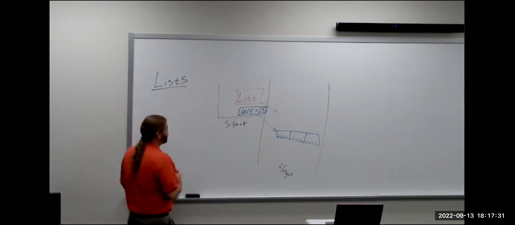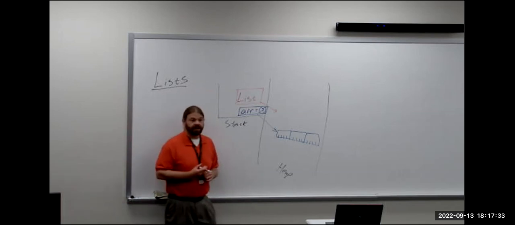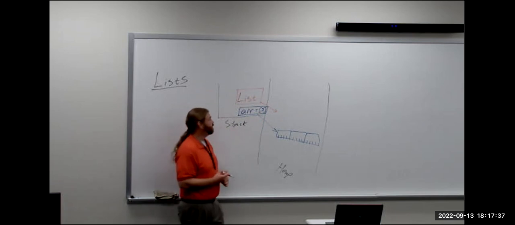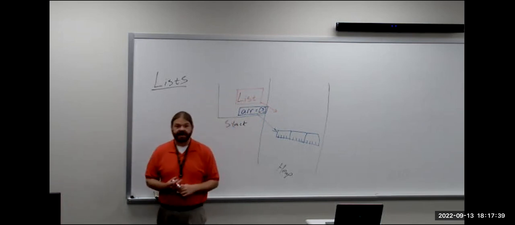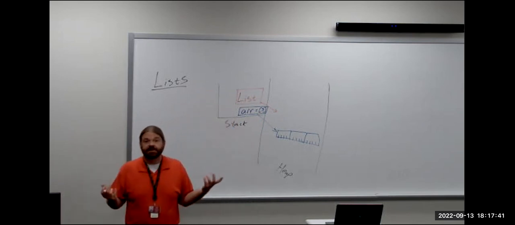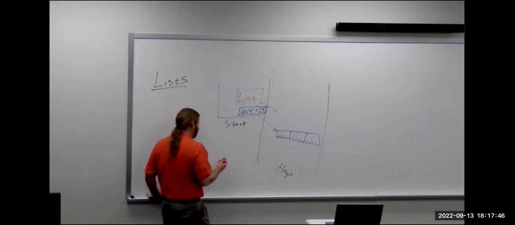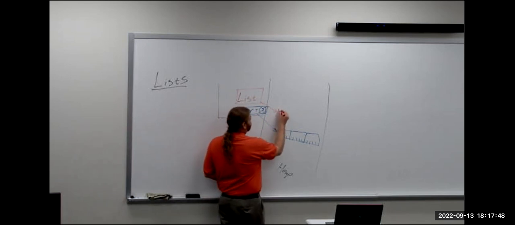A list, as soon as we declare it, we do have something in memory. That reference comes with our list. It's pointing right at the first element in the list, even if there's nothing in the list. Here in a second, we'll see why that's important. But when we start putting elements in there,